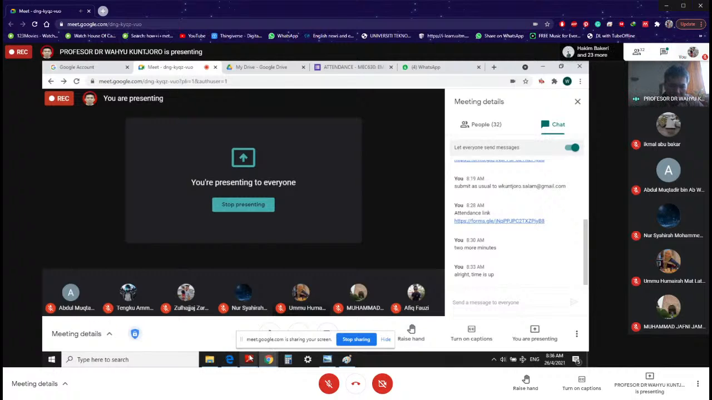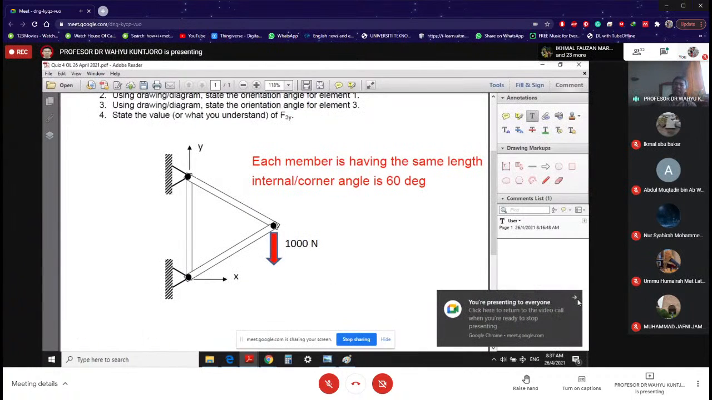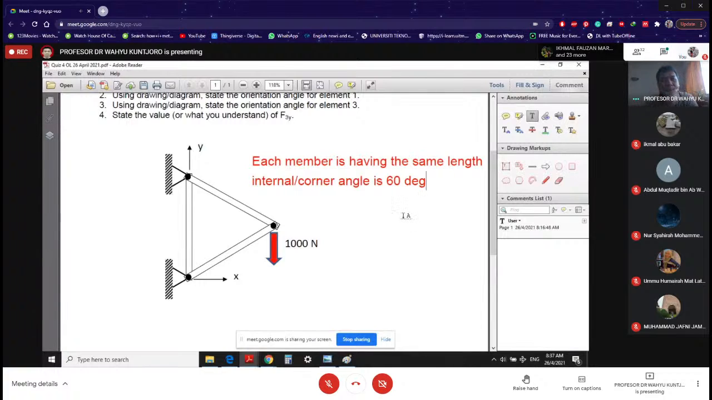Okay, so that is the structure that you need to answer. Number one, you have to build your finite element model, of course. And next, you will decide for element number one and also for element number two what is going to be the orientation angle. And this is very important because when you do truss, and next you are going to do frame,